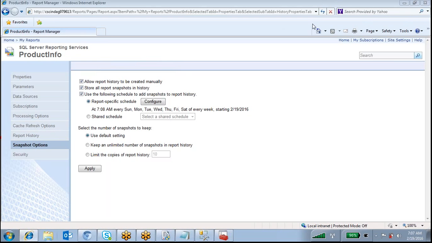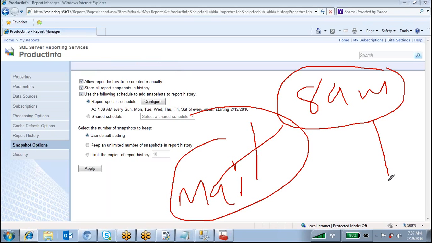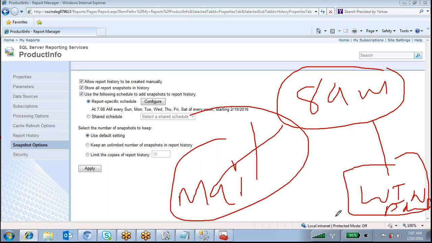The next one is subscription. For example, daily at 8 a.m. I want to deliver the report to my manager's mail. I want to send a mail, or I want to execute and keep it in one Windows folder automatically. It has sent that mail to my manager, or keeps that file in a particular Windows folder or shared folder. So whatever users there are for this report, they will take that report from that particular Windows folder, shared folder.